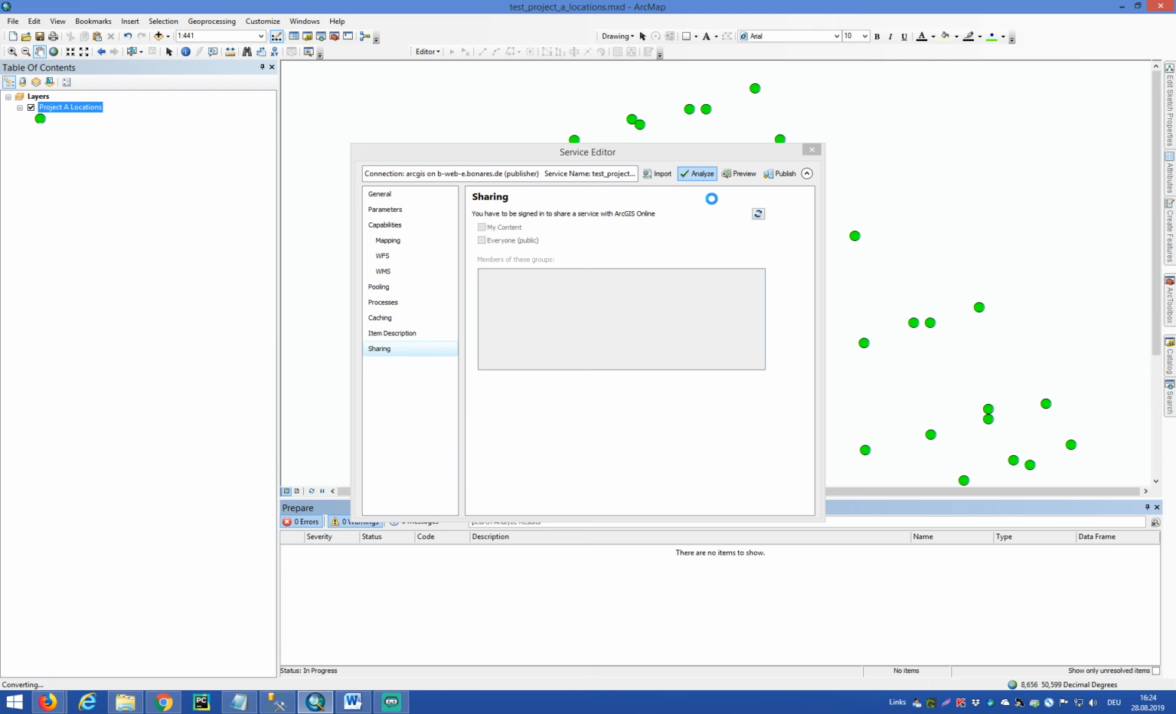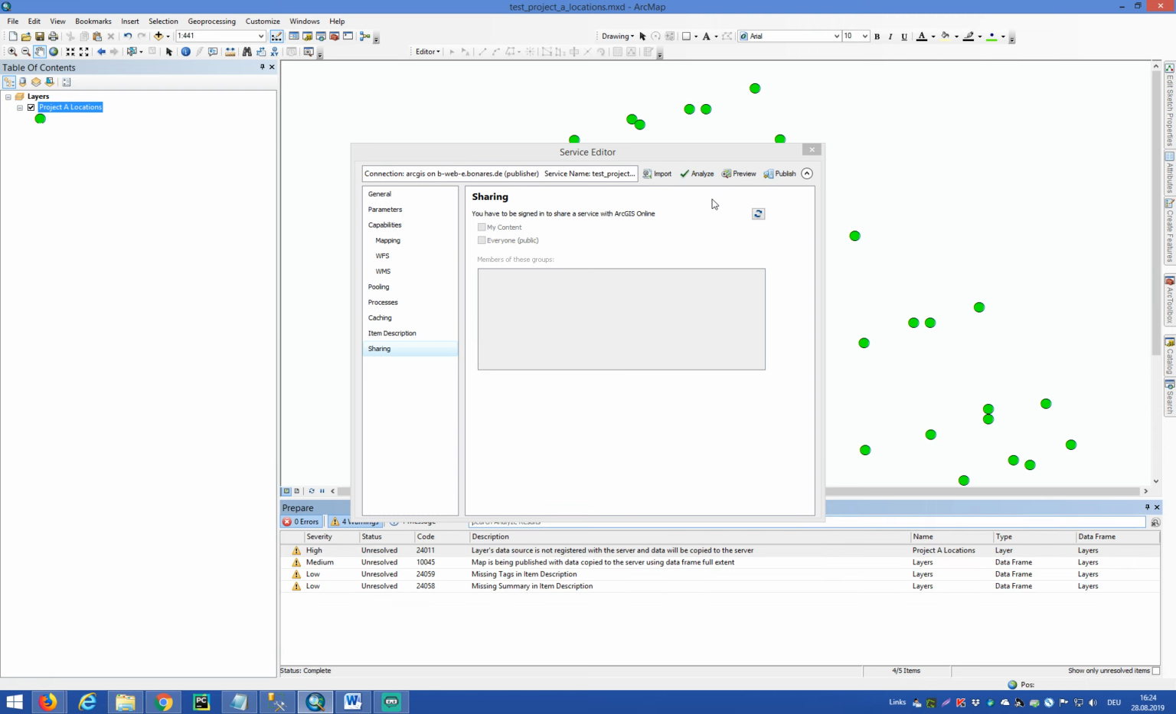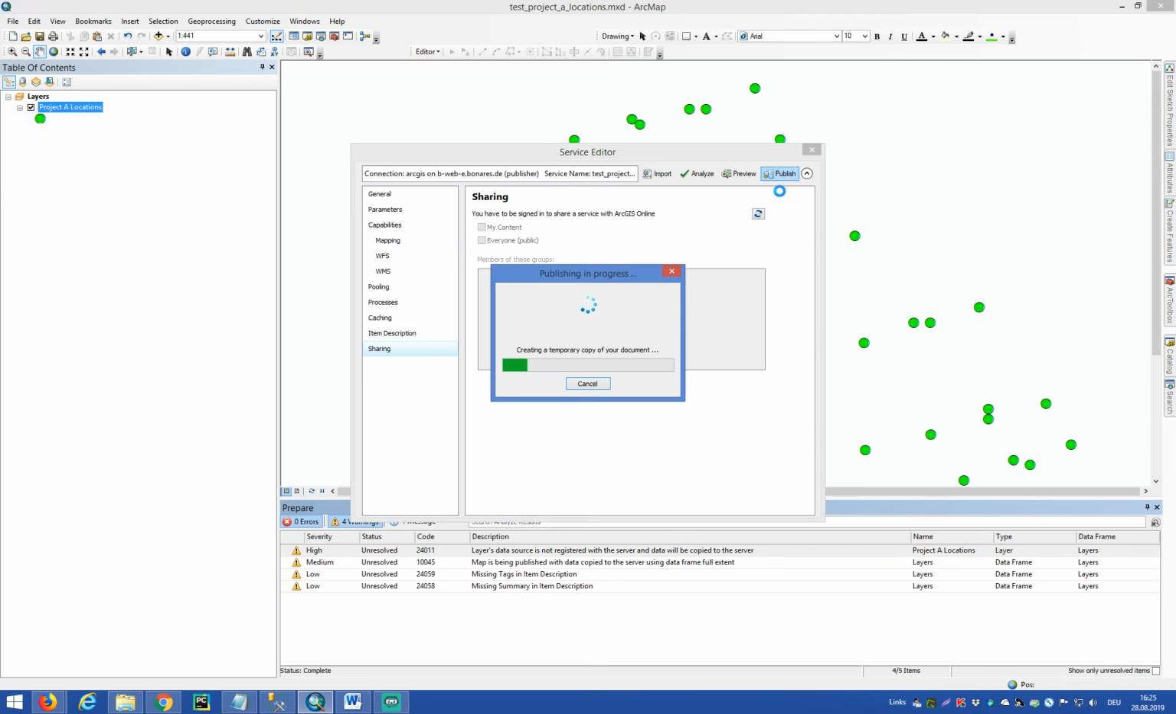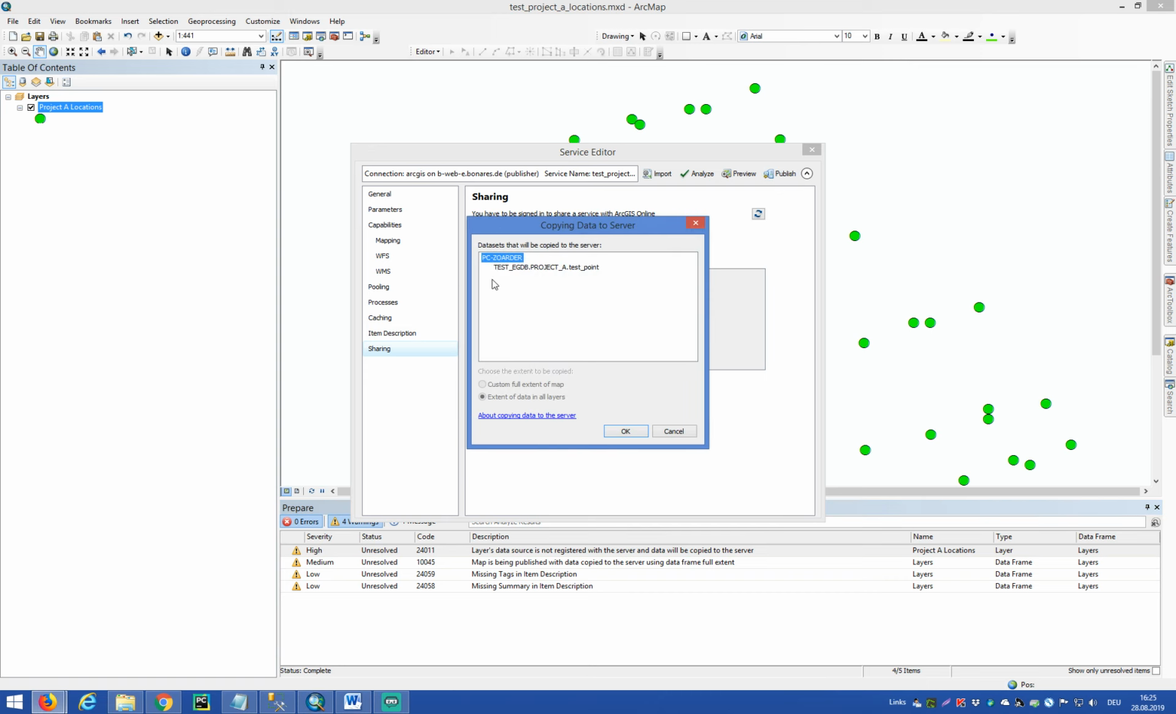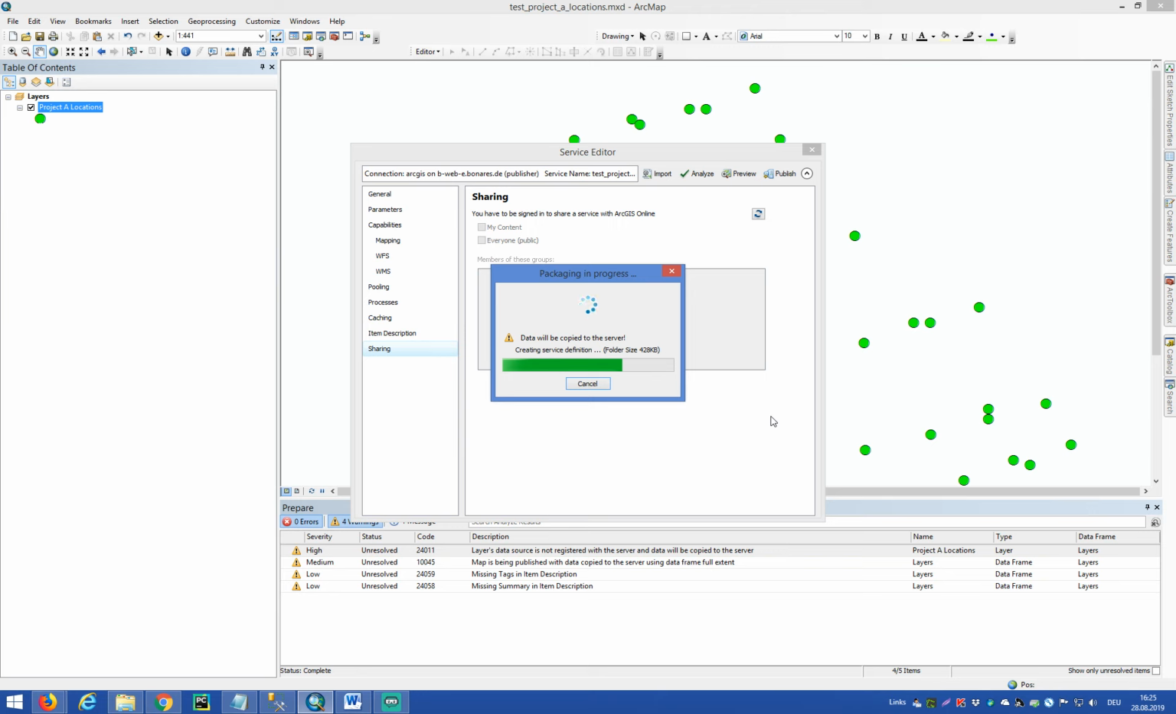like what are the problems you have inside your data or anything. Look here, the severity is showing high. The description is layer data source is not registered. Okay, I don't want to register, I want to say publish. Then all the data will be copied inside the server. Look here, datasets that will be copied to the server. So this dataset will be copied to the server. Okay, I'm fine with that,